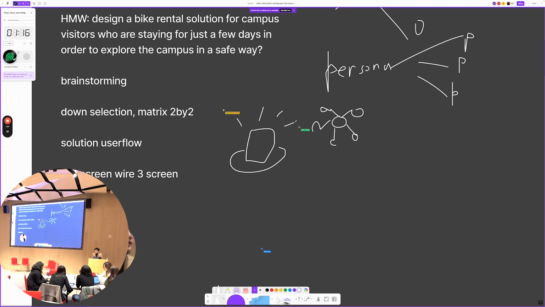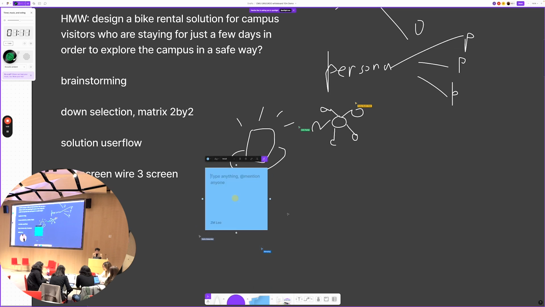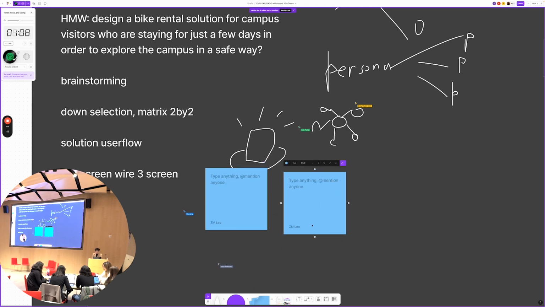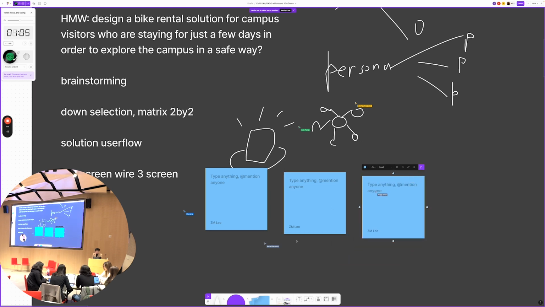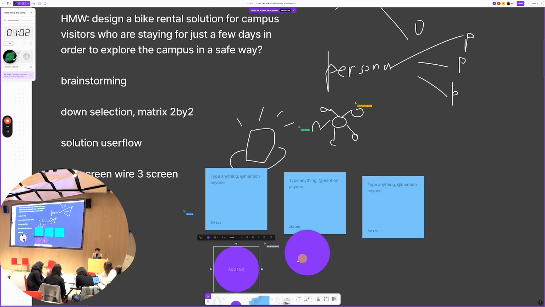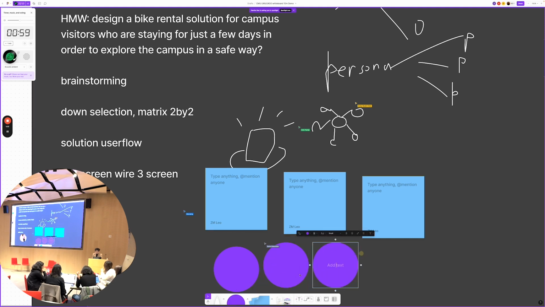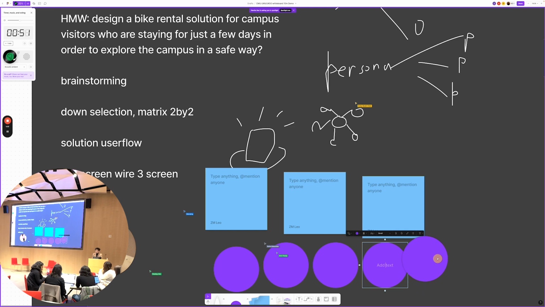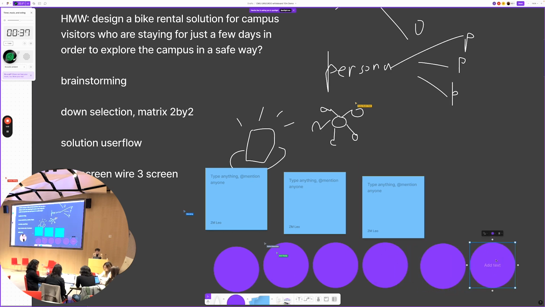So based off of this idea, what I'll probably do is add some sticky notes and then map out some of the key touch points this solution has. From these key touch points, I can create a real user flow, right? And then make sure the user flow is a happy path flow that's step by step. So make sure it's end to end. End to end means it should start at the first point of interaction. So for this prompt, the tricky thing is the first point of interaction is probably happening visually, right? Because they would need to see the installation first. It's not on the interface of the installation. And then talk about, finally, end to end, how they would return the bike and things like that.